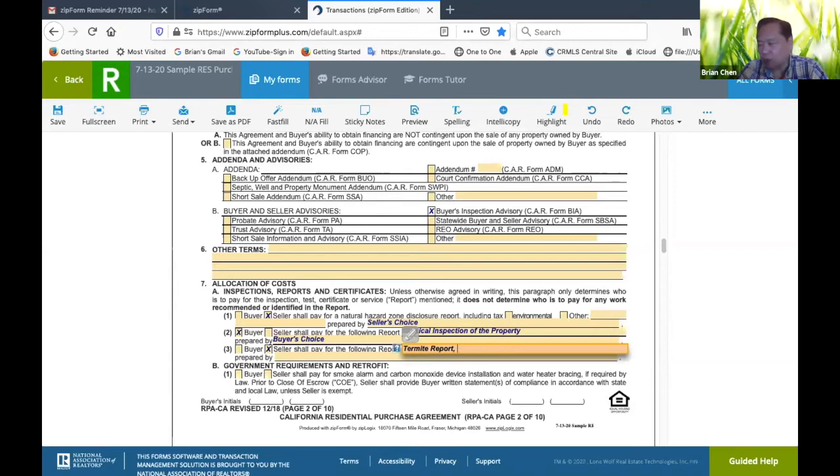And you know what? A lot of old-time agents like me, I've been in the business for over 30 years. I like to let the seller know that I expect them to pay for the termite completion, okay? Then I will tip them off. Right now, I want to let them know that's what I expect. And if they have an issue, to let me know, so we need to negotiate that. I like to get that squared away because that's usually the most expensive repair the seller will be facing if there's termite issues. So I like to say plus all section